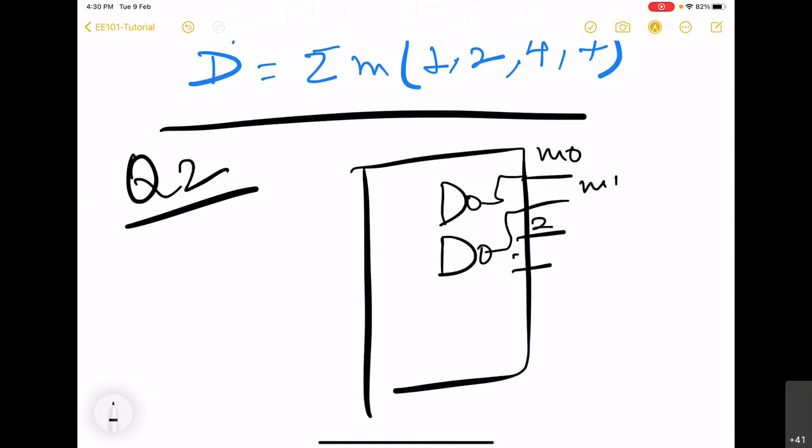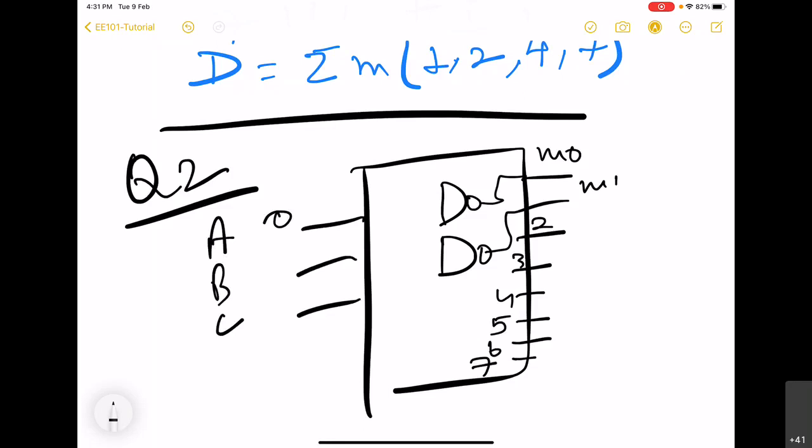So this means, suppose you have A, B, C as 0, 0, 1. In this case, M1 is going to be 0, and rest all are going to be 1.